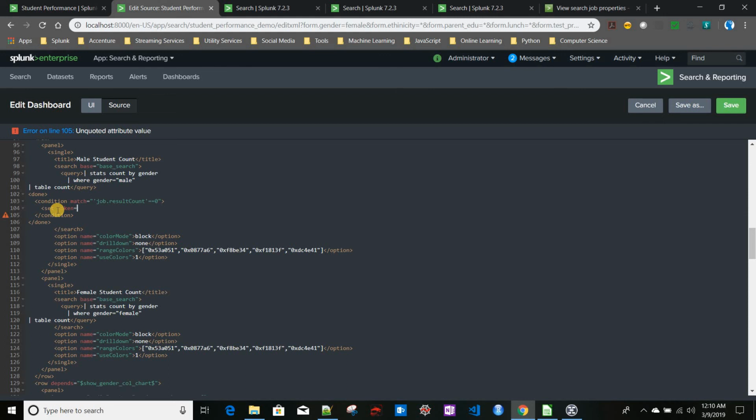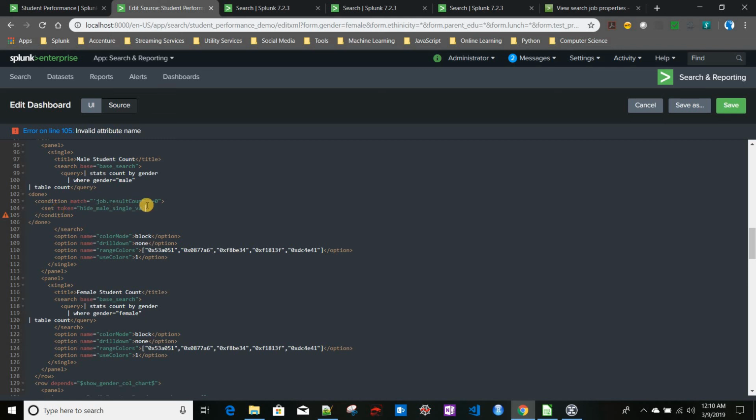If you remember, previously when we used depends, we set a token, and when the token is set, the panel shows up. Here also I am setting the token. Here I wanted to show you the opposite of depends, which is called rejects. Hide mail single value,